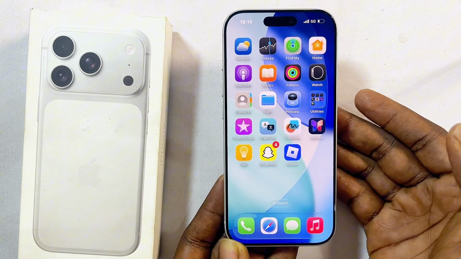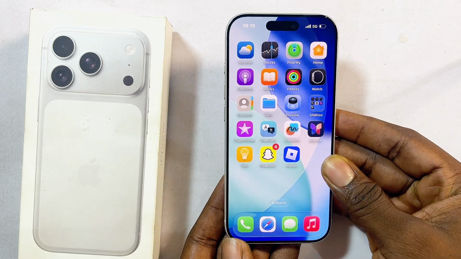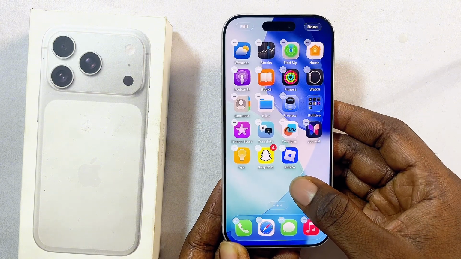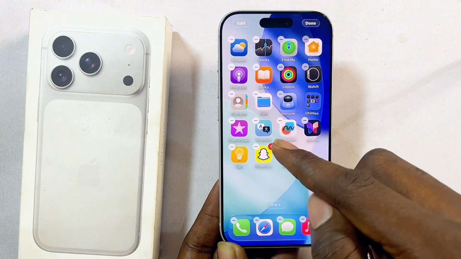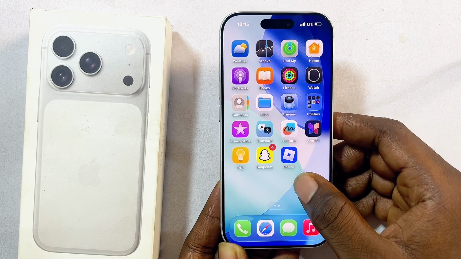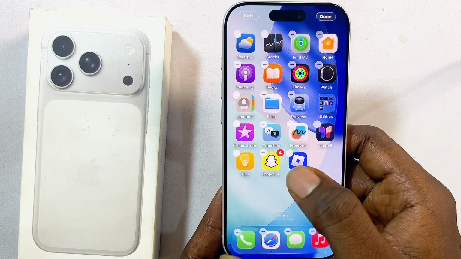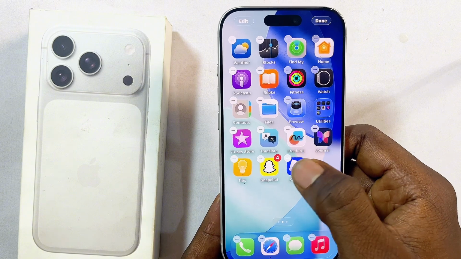The second method to completely delete an application from your iPhone 17 Pro or 17 Pro Max is to put your iPhone 17 on edit mode, where all of the applications start to shake. So you just have to long press on any part of the screen and it will start to shake. Now what you just want to do is to tap on this minus button at the top of the application which you want to delete,